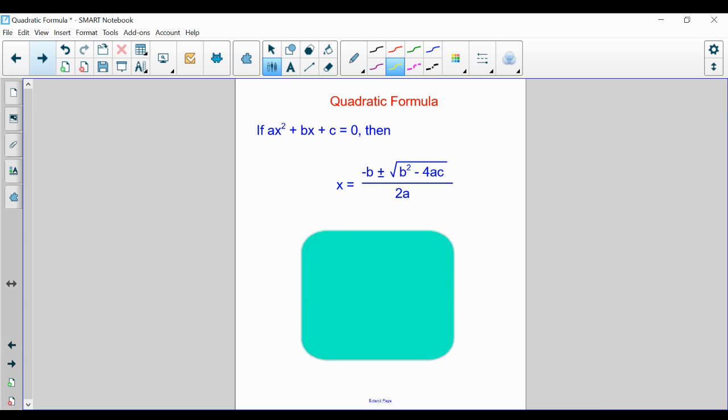Well, there's something called the quadratic formula. The quadratic formula is based upon our standard form of trinomials, which we've been looking at as we've been factoring. And what the quadratic formula allows us to do is solve for x when we can't factor. Now, you can use the quadratic formula anytime, even when you can factor, but probably by now you're realizing